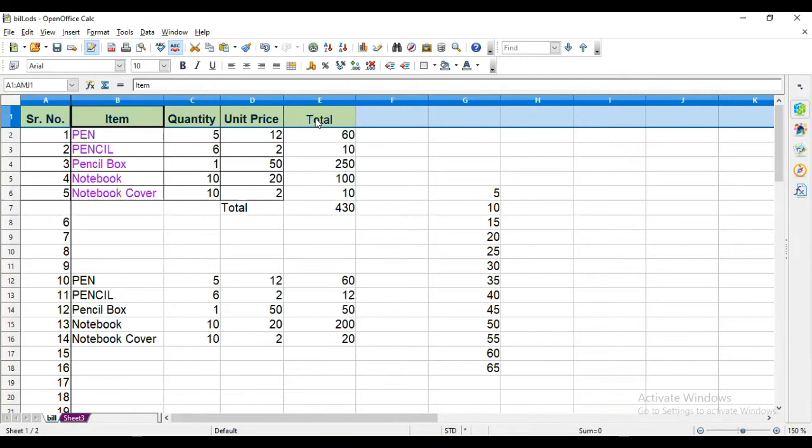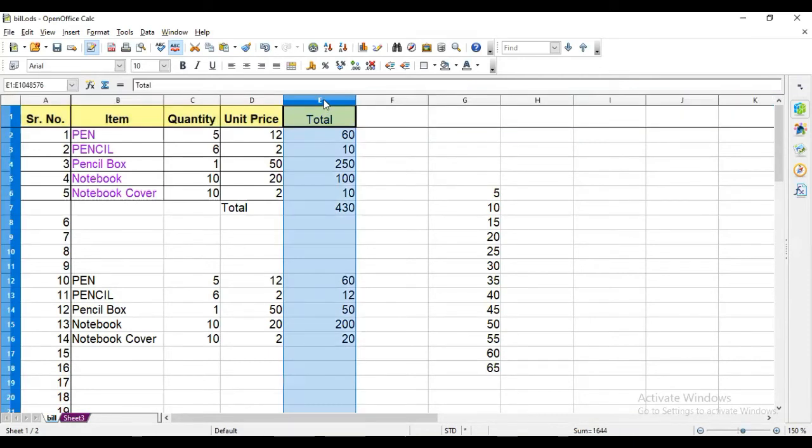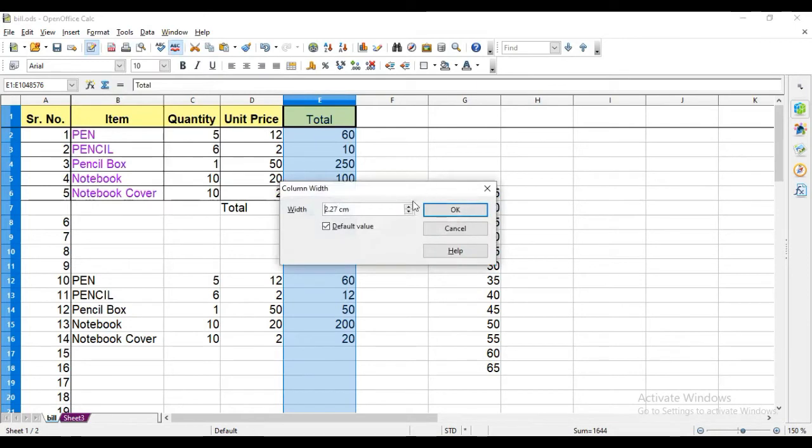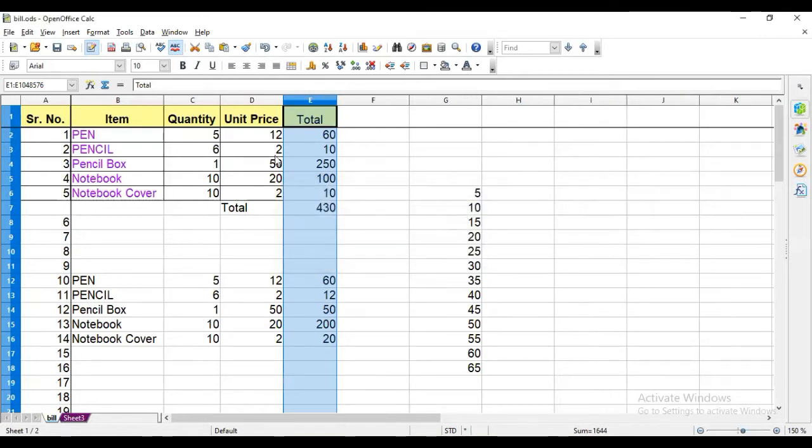Same way, for example, if I want to change the column width, select the column, go to format, column and width, and then increase or decrease the values. For example, I am decreasing this time. So you can see the changes being done here.